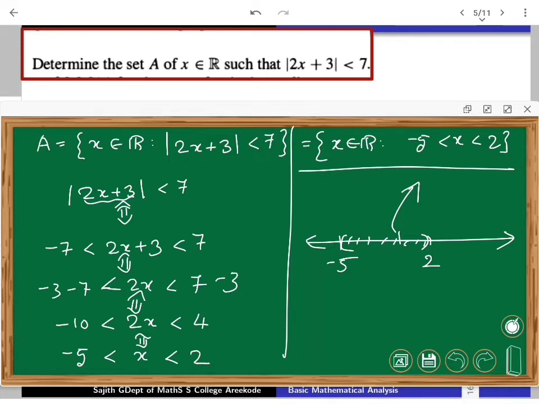So this kind of example will give us some experience of how we can profitably use the triangle inequality. One or two more examples we can try now. Another example we will try in the same fashion is, okay.